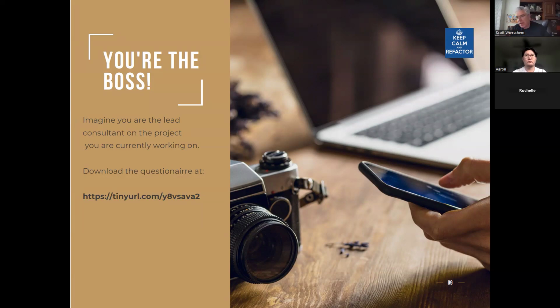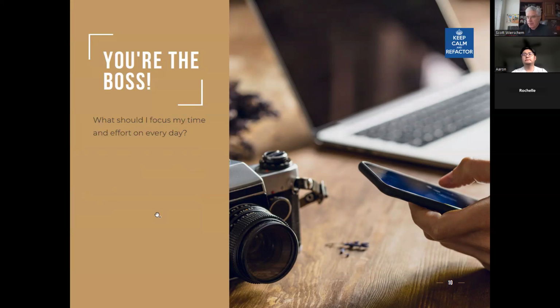Because they pretty much own their careers. They're not waiting for the boss to give them a promotion or a pay raise or anything. So they've got a completely different approach for how they look at how they're spending their time every day. So first, what would I focus my time and effort on every day if I were a consultant?